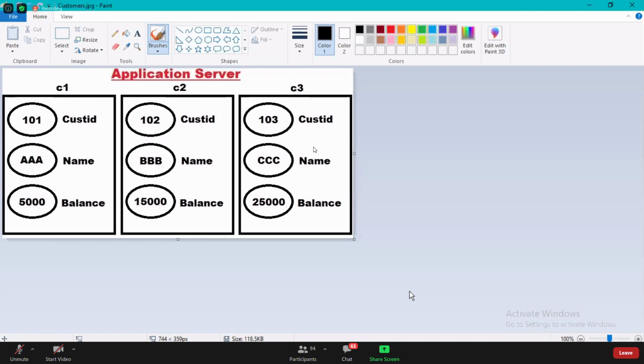Are you guys clear? So that's where the complete execution will happen for you on the application server only.